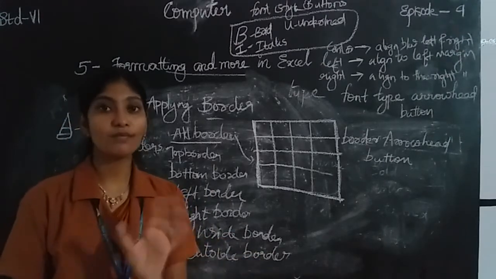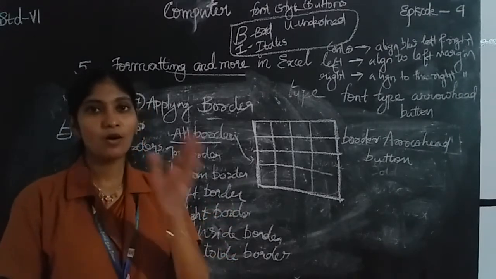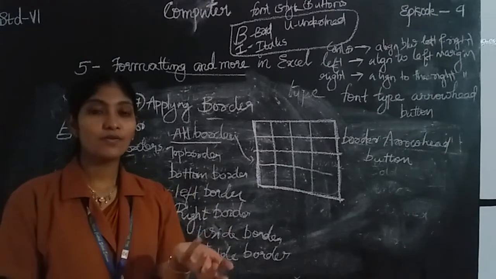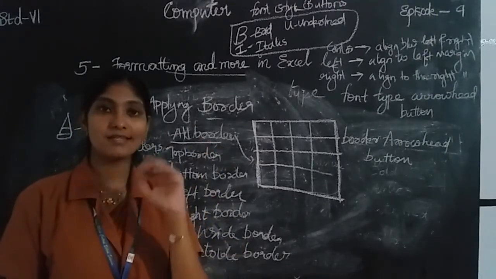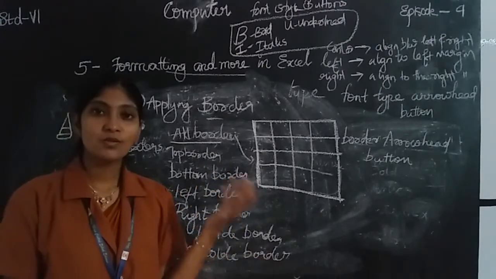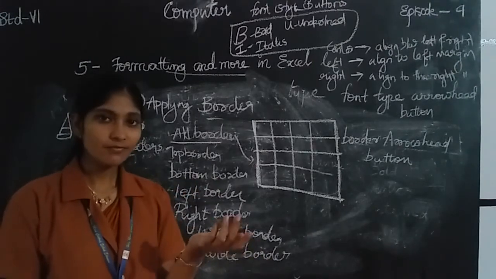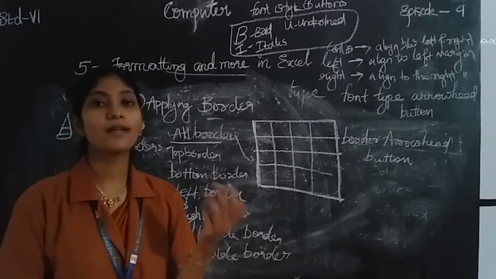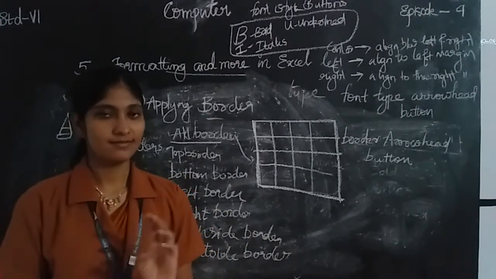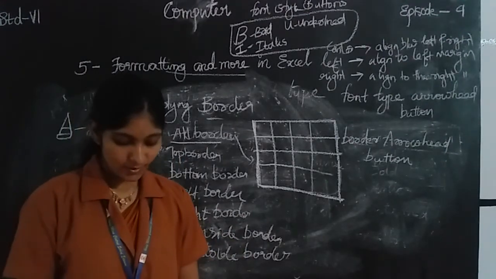Then it consists of all borders. And no border means there is no border, only the cells which are present in the spreadsheet. If you want to remove all borders, you can select no border from the border alignment button. Then if you want to choose any one border, for example left border, right border, or top border, bottom border, you can select your appropriate border from there, right? So that is the selection of borders. So here is the